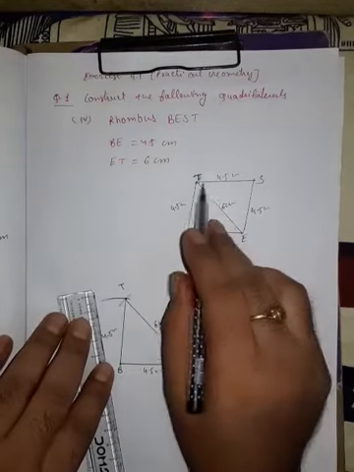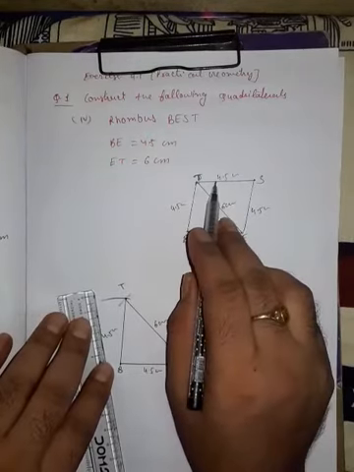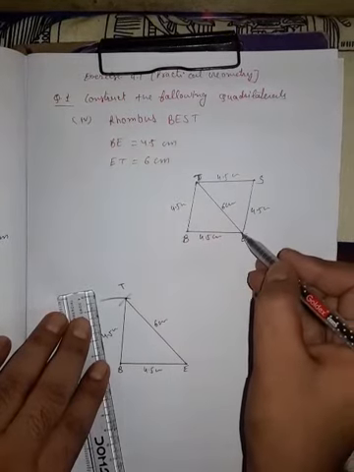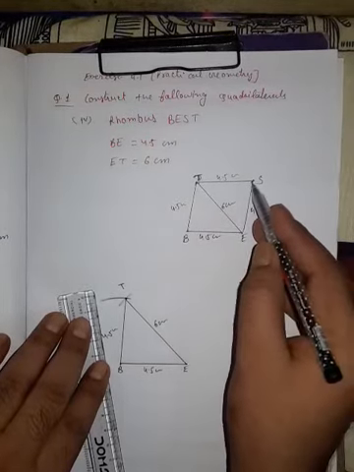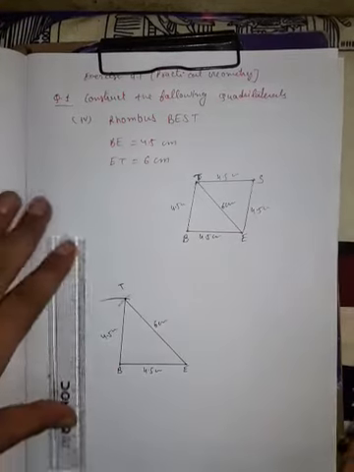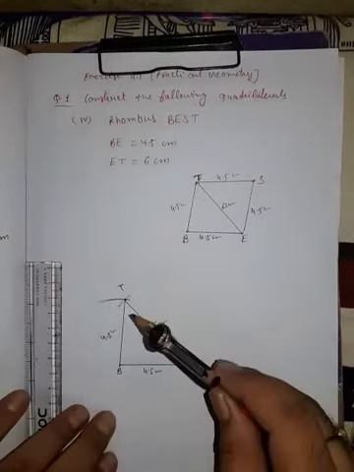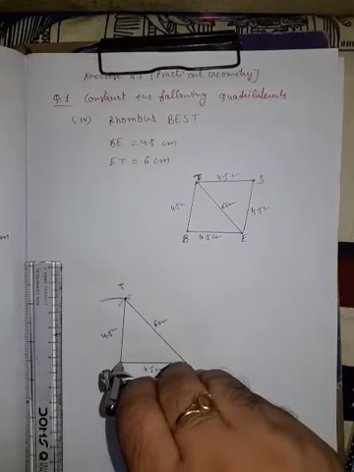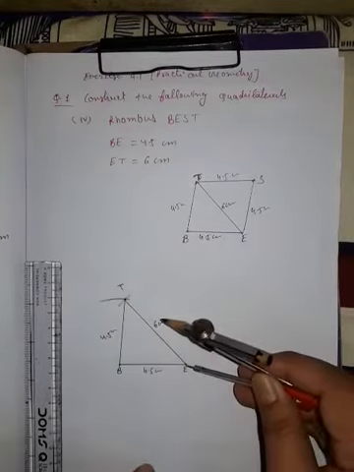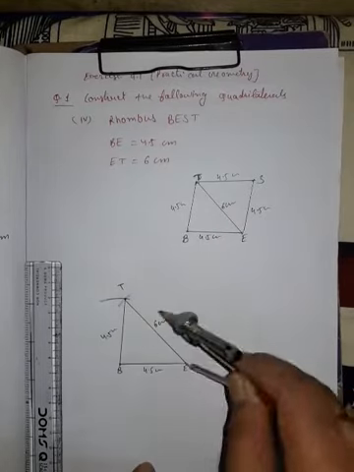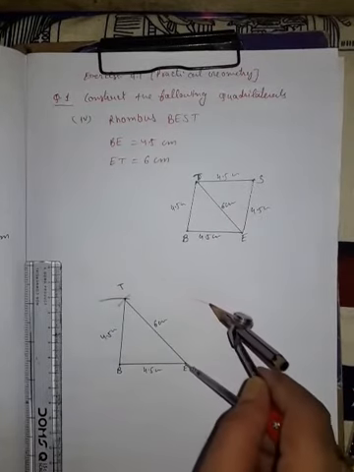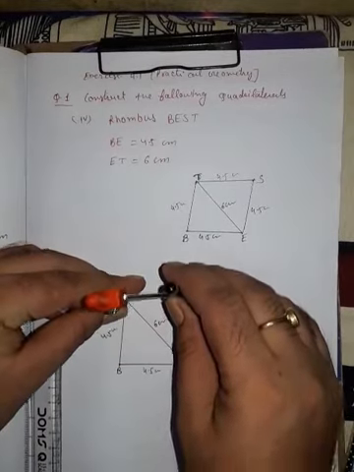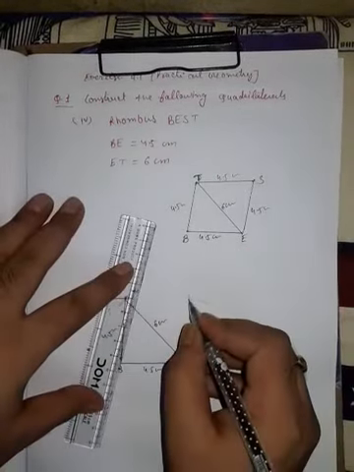From T we will open the compass, take radius 4.5 centimeter and take an arc, and one arc we are taking from E, 4.5 centimeter. Both arcs intersect at this point. This is the S point. So again we open our compass 4.5 centimeter. We know the length of BE is 4.5. You can also open the same arc directly from here. Now take one arc here. This is 4.5 from E, and from T is also 4.5. Both intersect at this point.